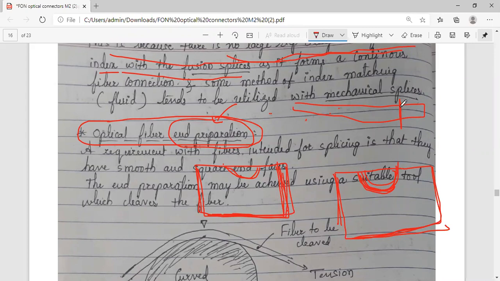So what you have to do here is smooth this face. Because if the end has a rough surface, you cannot use it as it is, because there will be a problem with the connections. Because of that, you smooth the surface, whatever the face is.